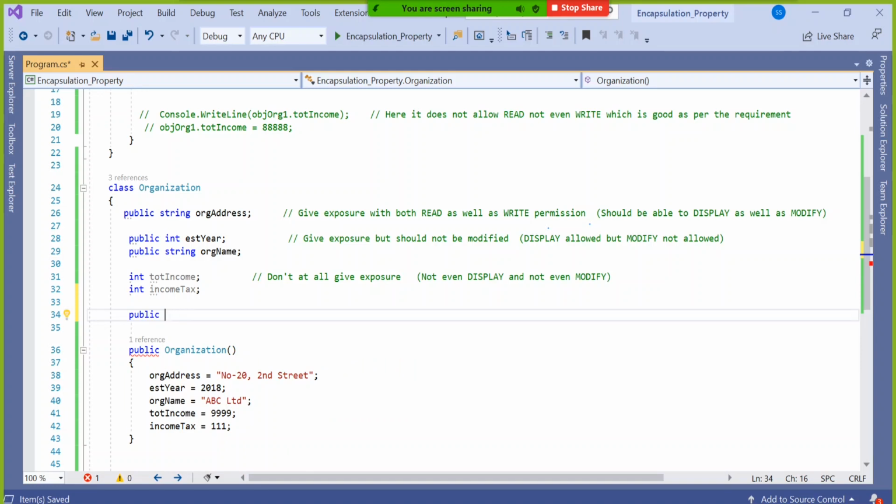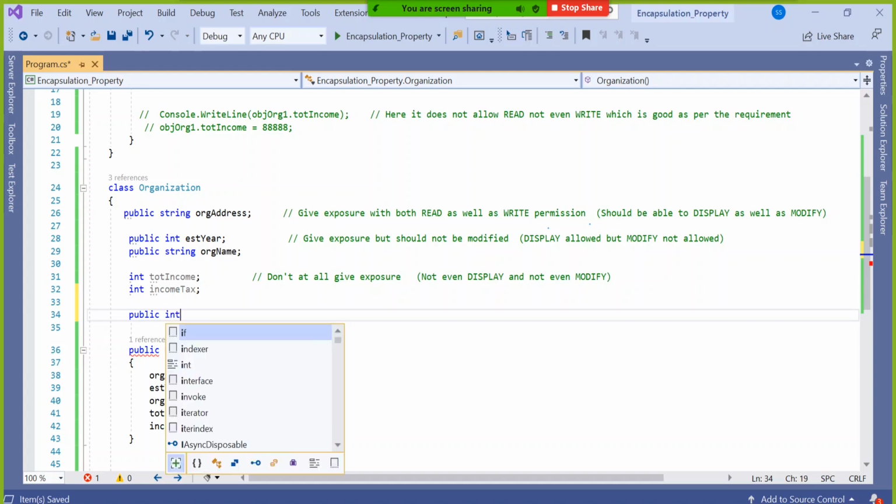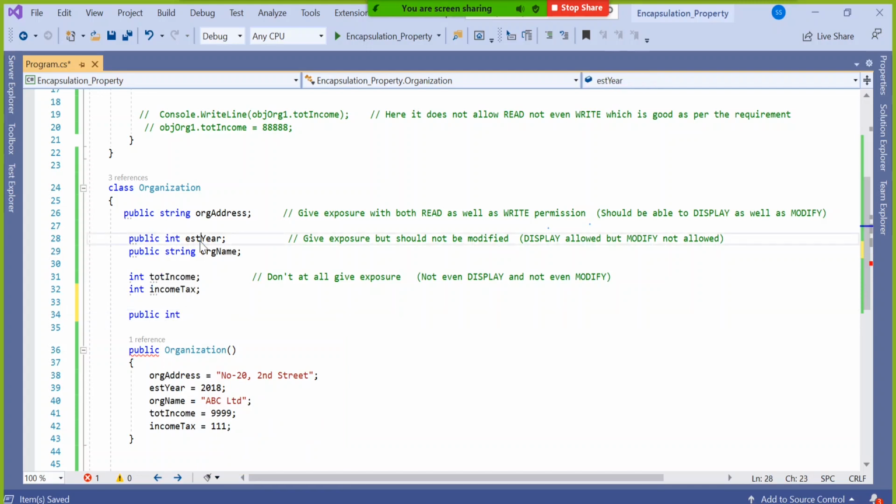This is like a helping element now. So public integer. If it is going to help established year, which is an integer, then it should also be integer. Then you give a name. I gave capital EST year because C# is case sensitive. So small EST year and capital EST year, it will understand as two different things.